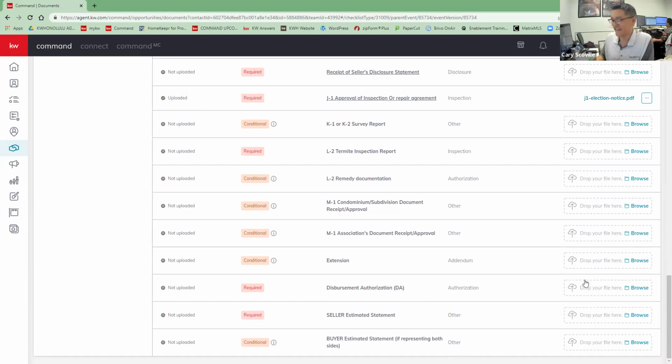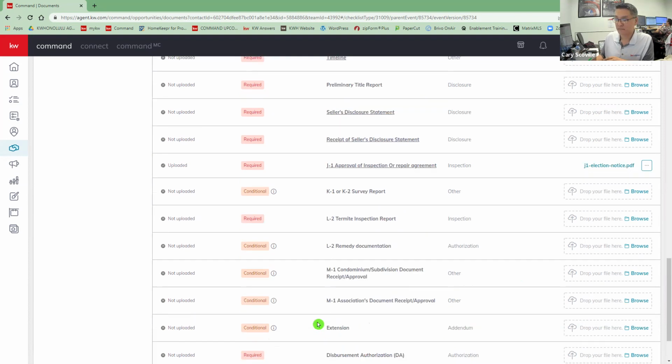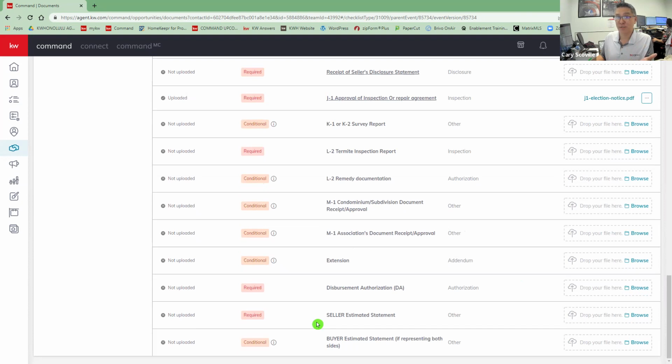It's coming, it's there. And then the last thing is the seller or the buyer estimated statement for your under contract section. Okay. So at that point, if you caught the early bus, notice we've got the termite, we're 10 to 14 days prior to closing, in which case we have our DA, and then we can ask escrow, hey, here's the DA, could we get our estimated statement? And then we'll talk about what Christine was saying about sometimes not being able to get it early. We'll talk about that. Bill, you have a question?